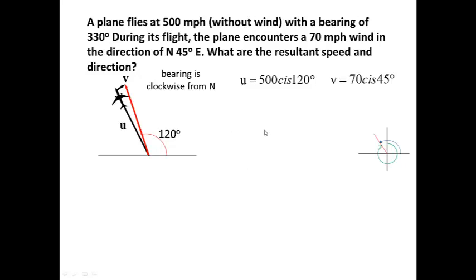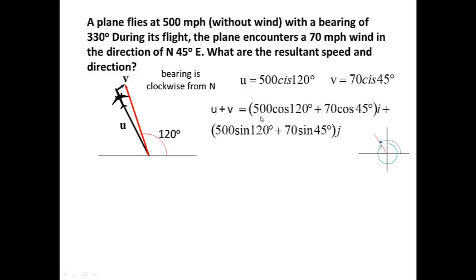All right. Now we add all the cosines together, add all the sines together. So we have 500 cosine 120 plus 70 cosine 45 i plus 500 sine 120 plus 70 sine 45 j. Finishing that on my calculator, I get this. And then I want the resultant speed. This is all speed, right? Miles per hour. So this must be miles per hour. Resultant speed, that means the magnitude. Magnitude, I get